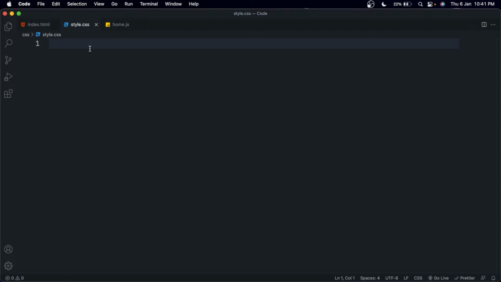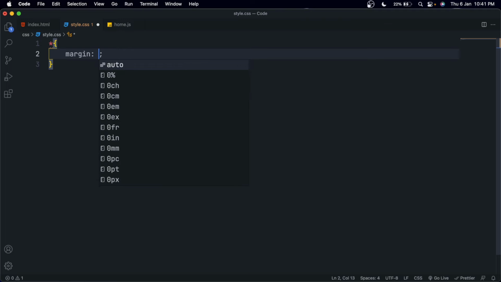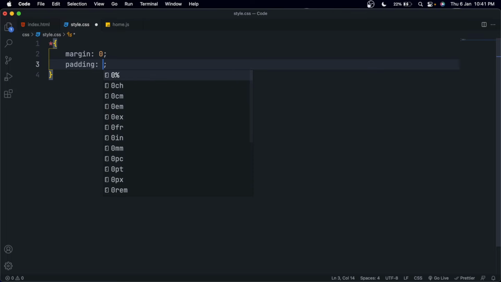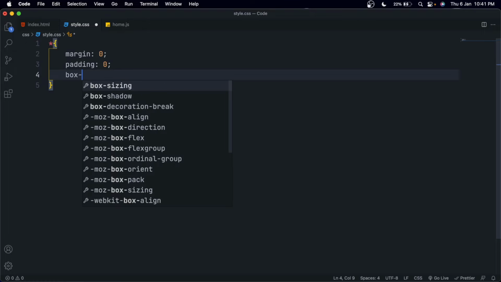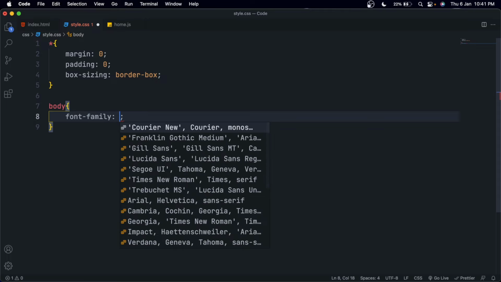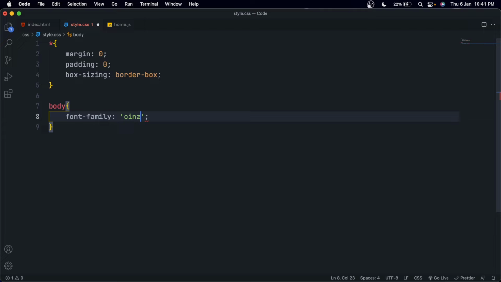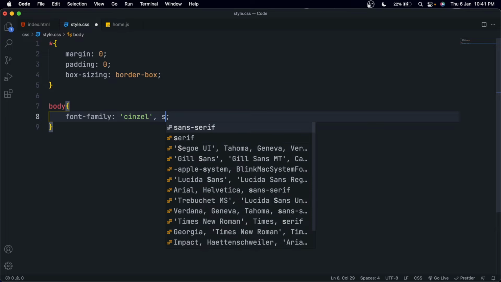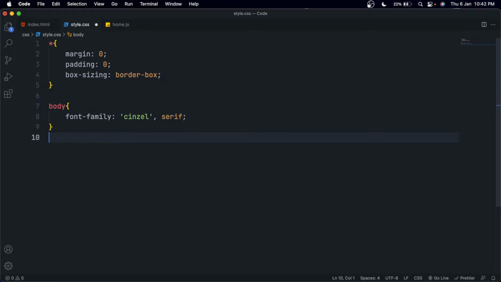Now let's style the page. So first use star selector to select all the elements and remove margin and padding from it. It's a good practice to do. After that, select the body element and set its font family to Cinzel. By default, we want every element's font family to Cinzel. Now select the header section here